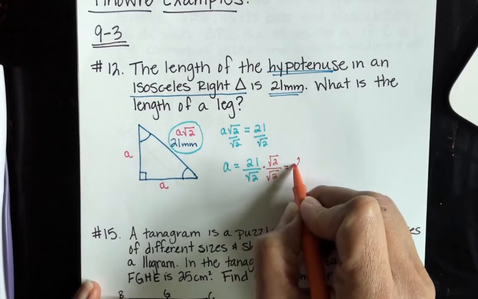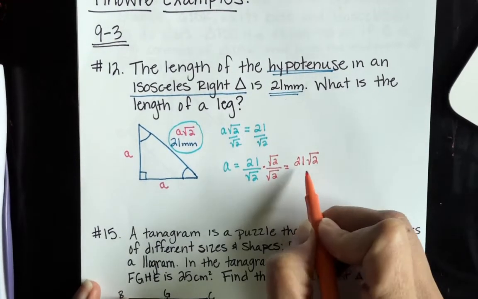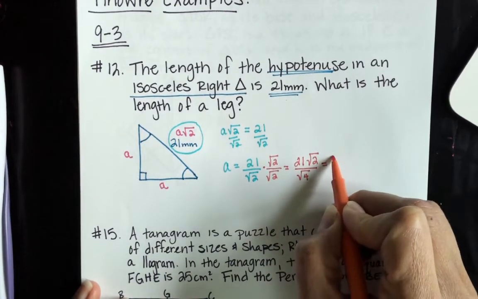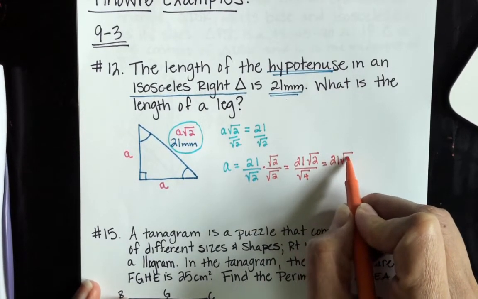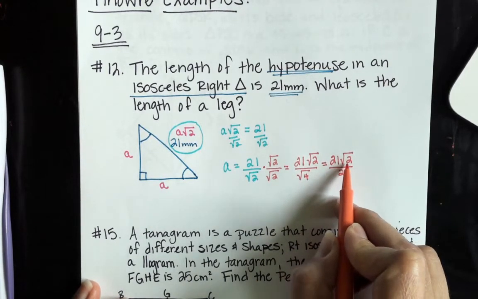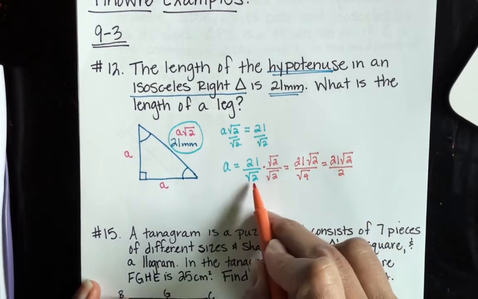So again, we'll have multiplying across 21 radical 2 over the square root of 4. And most of us will see the pattern